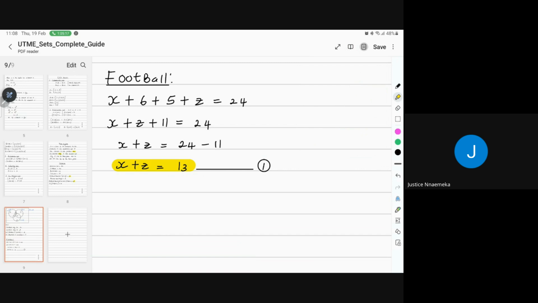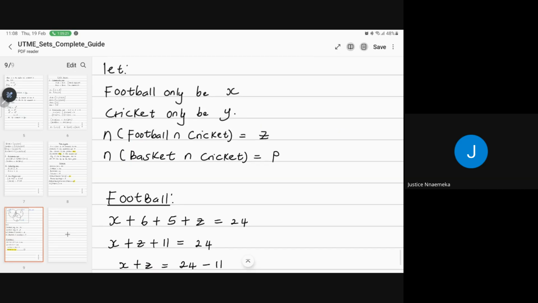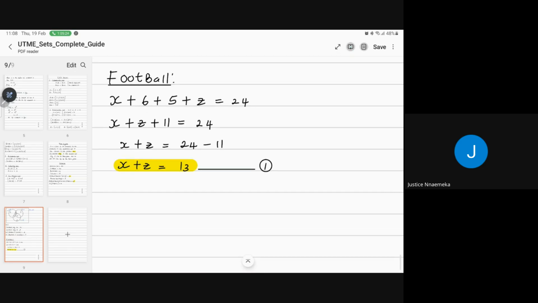This is our equation 1. All right. So the next one I'm going to look at, we looked at football. Let's look at basketball. And for basketball, the same process. We take everything inside our basketball. So for basketball,